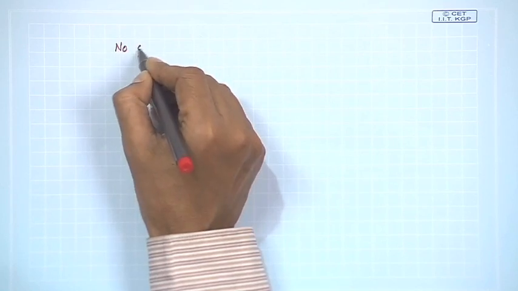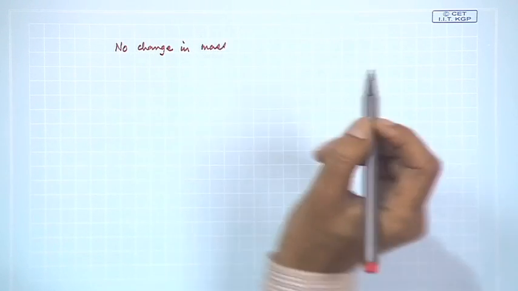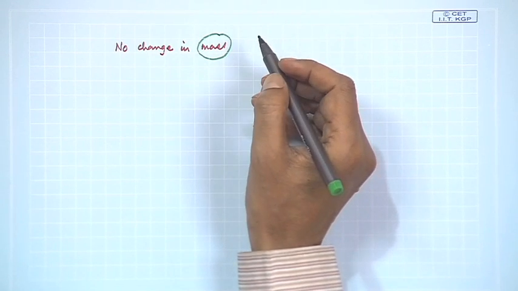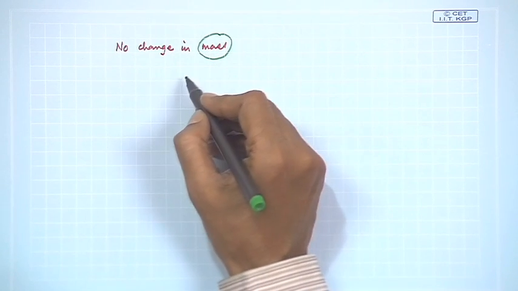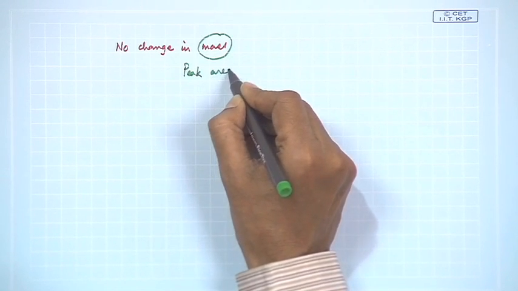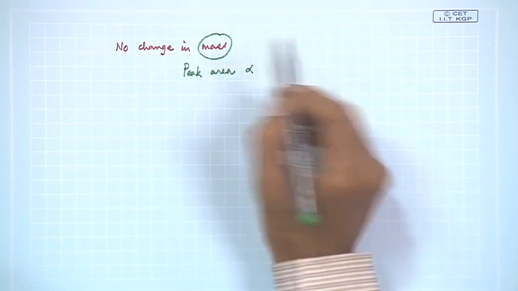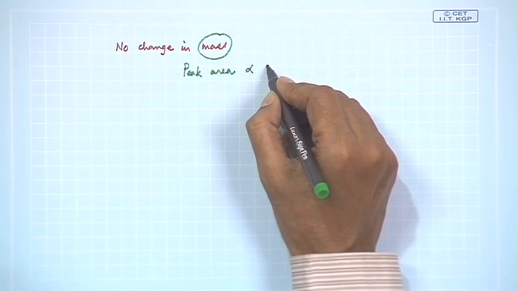So, we are not talking anything in terms of the corresponding sample mass. It does not require any change in mass, unlike your TGA measurement. In case of your thermogravimetric measurement, we are looking for the change in the corresponding mass, but here we are talking in terms of the corresponding temperature change. To obtain meaningful information by quantitative analysis, we use the peak area. Peak area obviously will be dependent on the mass, but we are not looking for the change in the mass, but it will be proportional to the mass of the sample,